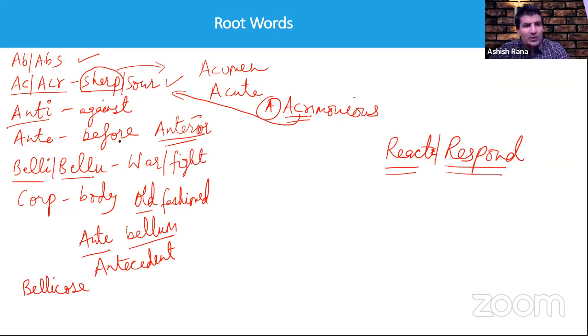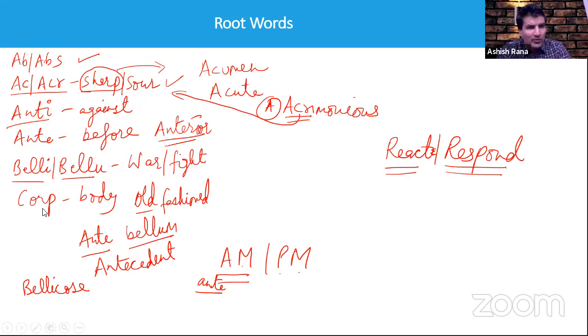By the way, do you know what is AM and what is PM? If I say the class is 7 AM or 7 PM, what does AM and PM stand for? Can somebody write? Antimeridiem, exactly. So somebody has already written antimeridiem. That means before midday, correct? That's what AM stands for. So your ante is this only, right? Before midday, antimeridiem. Similarly, PM is post meridiem, post midday. Excellent, very nice.